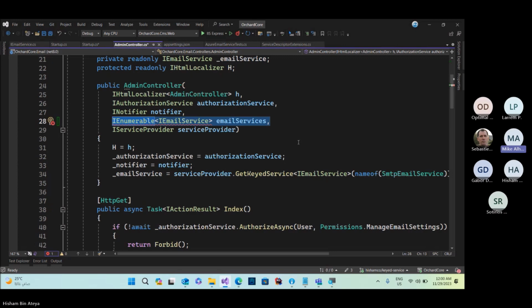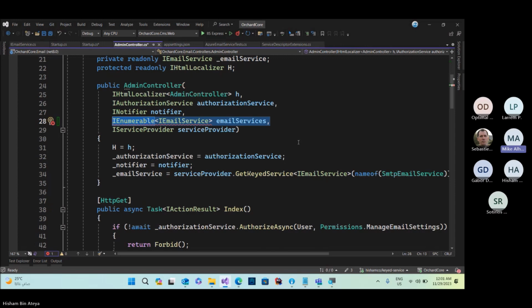Well, if your workflow depends on the implementation, like this controller, you don't. No, what you're saying is wrong. I'm not saying they depend on a specific implementation, because what I showed on this screen is that when you depend on a specific implementation, you resolve the implementation. What I'm saying is that when you want to be able to switch among different implementations provided by different modules, you don't know them. But in the end, you might want a different one for workflows than for content management. You don't know which ones yet, but you know you might want to have different ones. And that's why the keyed services are there.